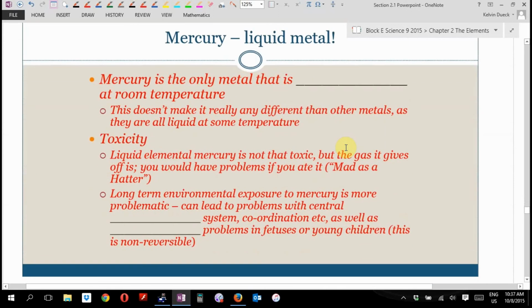A few special ones, a few cool ones. Mercury, the liquid metal. So mercury is the only metal that is liquid at room temperature. It's very toxic. We didn't know that for a long time. In fact, if you talk to Mr. Perugia or me, when we were in science class, we were actually given mercury to play with in our hands,